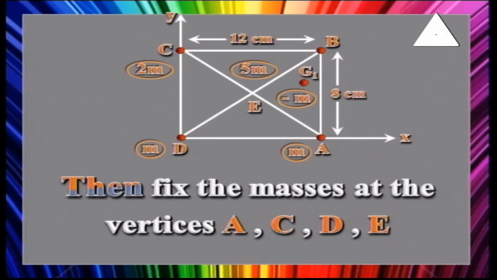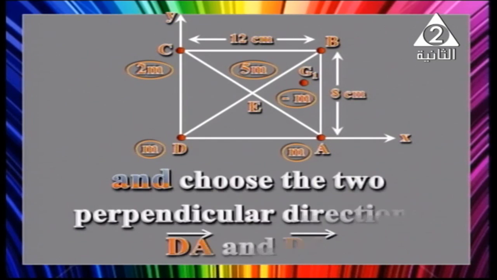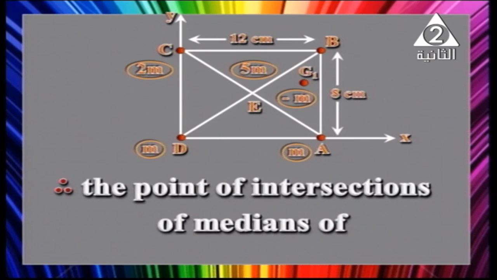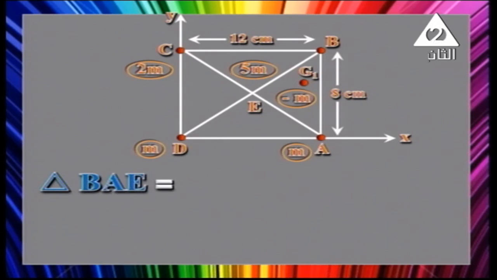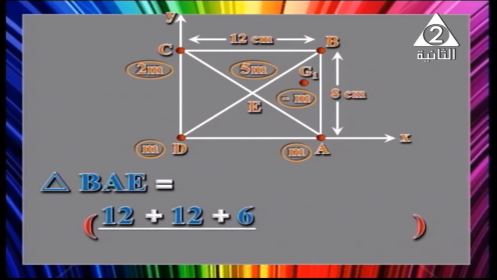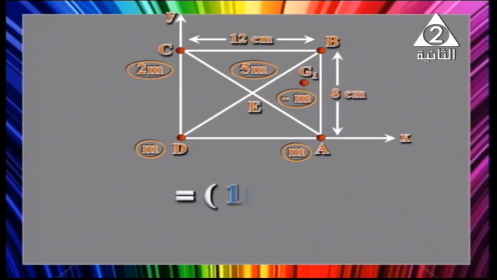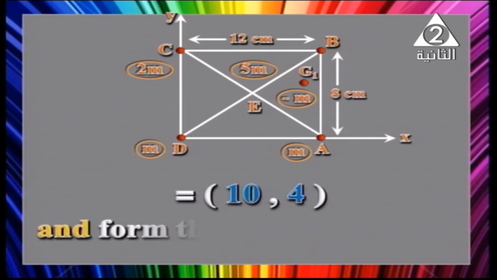My dear student, choose the two perpendicular directions DA and DC. The point of intersection of medians of triangle BAE equals x1 plus x2 plus x3 over 3, also y1 plus y2 plus y3 over 3. Its coordinates became 10, 4. And we form the following table,